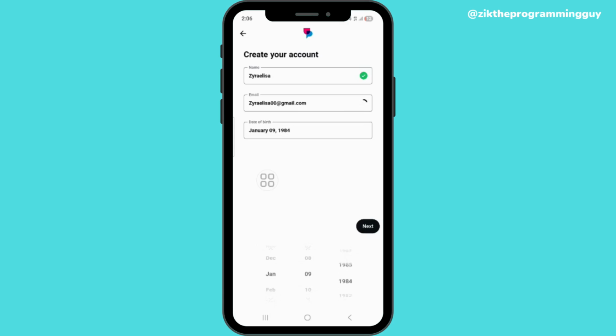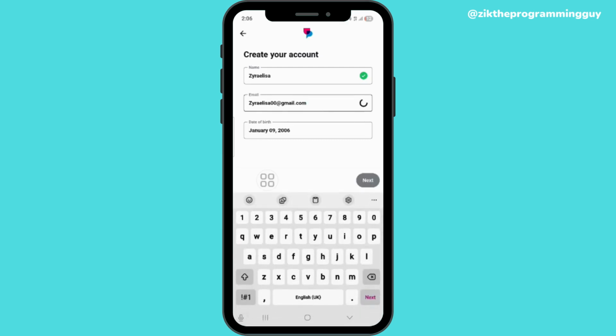The thing about this is the email is actually going to take a while to get verified. Click on next. So we have to wait for the email to get verified, right? Pray it works out quickly. So let's keep waiting. Still wasting time. So you actually need to use a very good internet connection in order to create the Upscrolled app account, right? So once it's done, you can now click on next, and